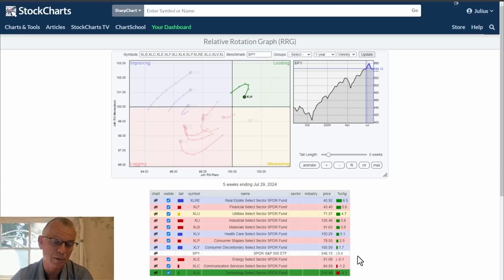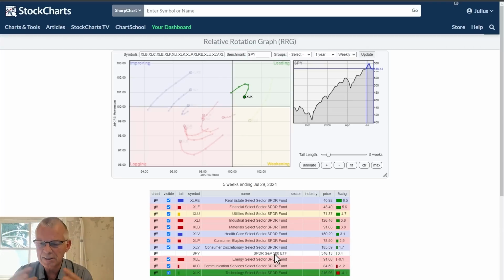And you can see, actually, it's quite a nice exercise. If you rank the sectors like this over the last 5 weeks, you can see that energy, communication services, and technology have been driving the market lower. All these other sectors, these are price performances in this column, have put in positive performances over the last 5 weeks, with real estate racking up 6.5% and financials 5.6%. And yet, with technology and communication services down 1.2 and minus 4.1, that's enough to keep the S&P 500 flat.